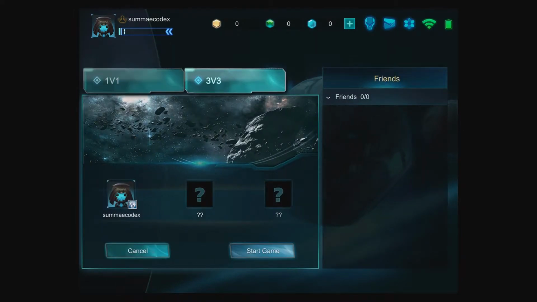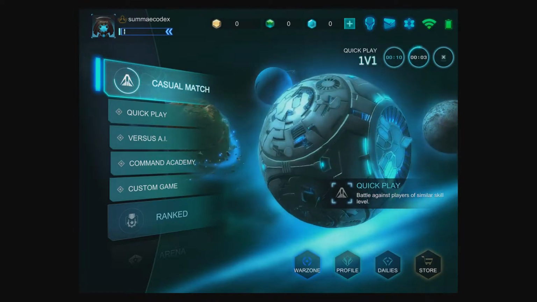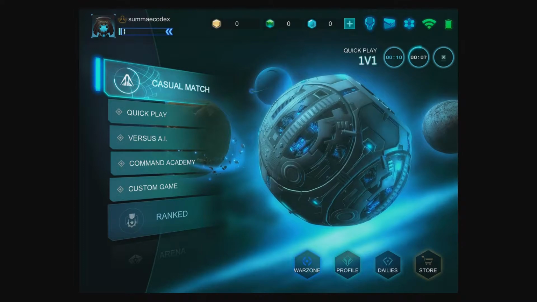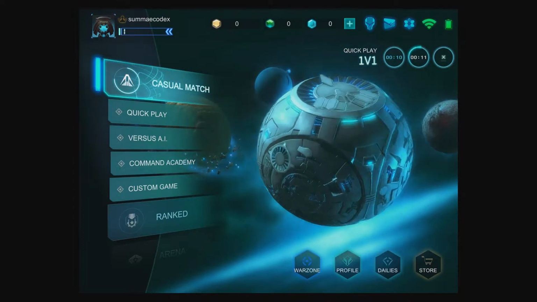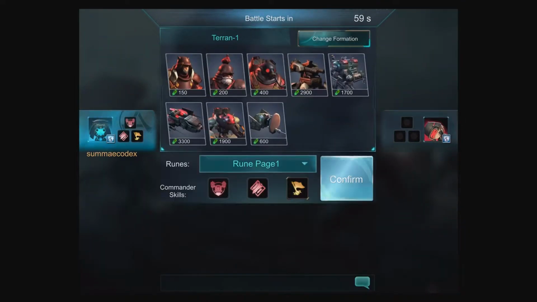I have no idea what I'm doing here, honestly. I hope I'm not playing anyone real. I don't know what I'm doing. Am I waiting for something now? Am I supposed to be doing something? I wonder if I'm playing an AI.